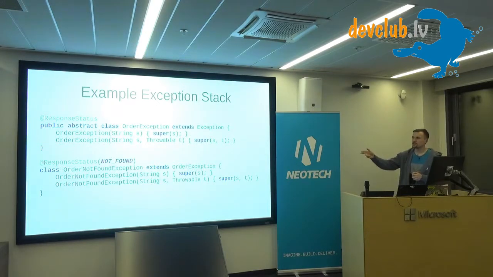Now you extend it with, for instance, OrderNotFoundException, which is just some concrete exception for some concrete situation. Order was not found. What happens here is that it's a package-private exception, and the constructors are also package-private, which means that no one outside of your package will be able to build it, because why would anyone ever be able to build an order-something exception other than the order package or things in the order package?